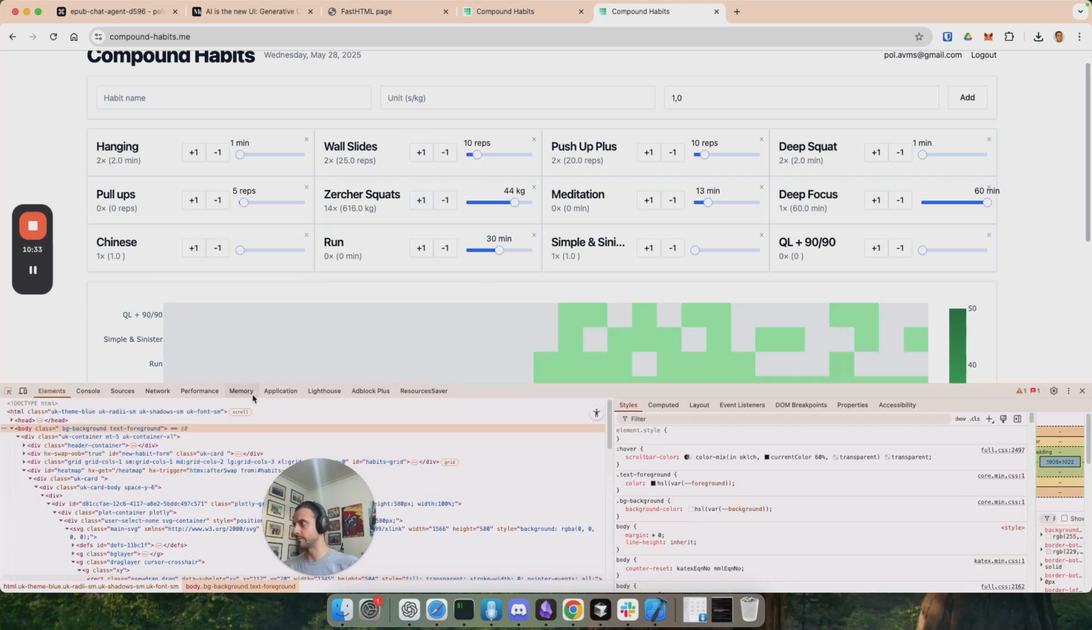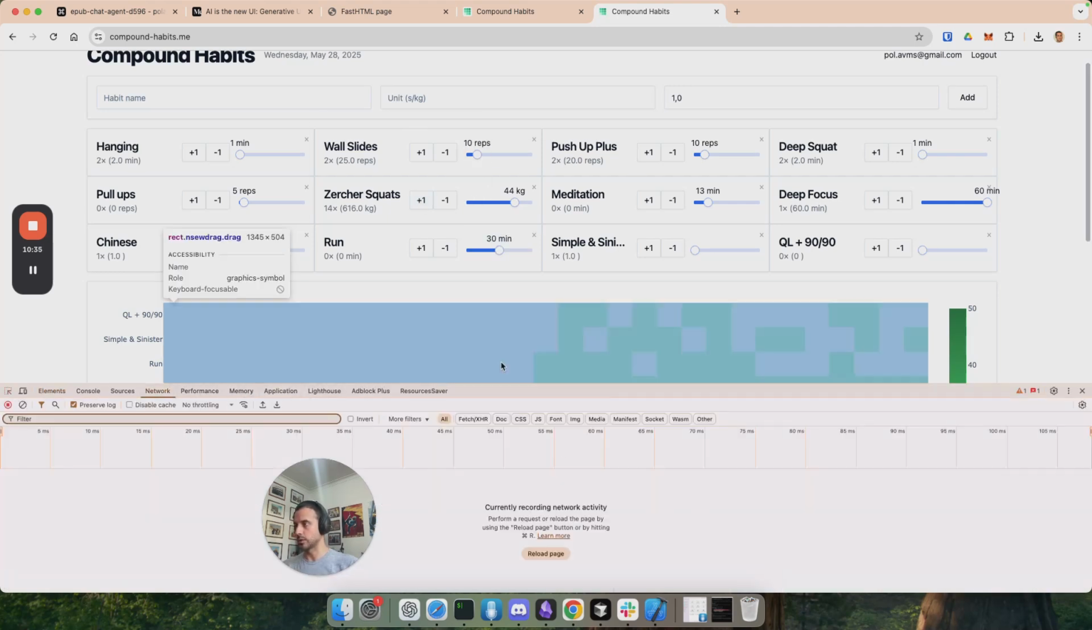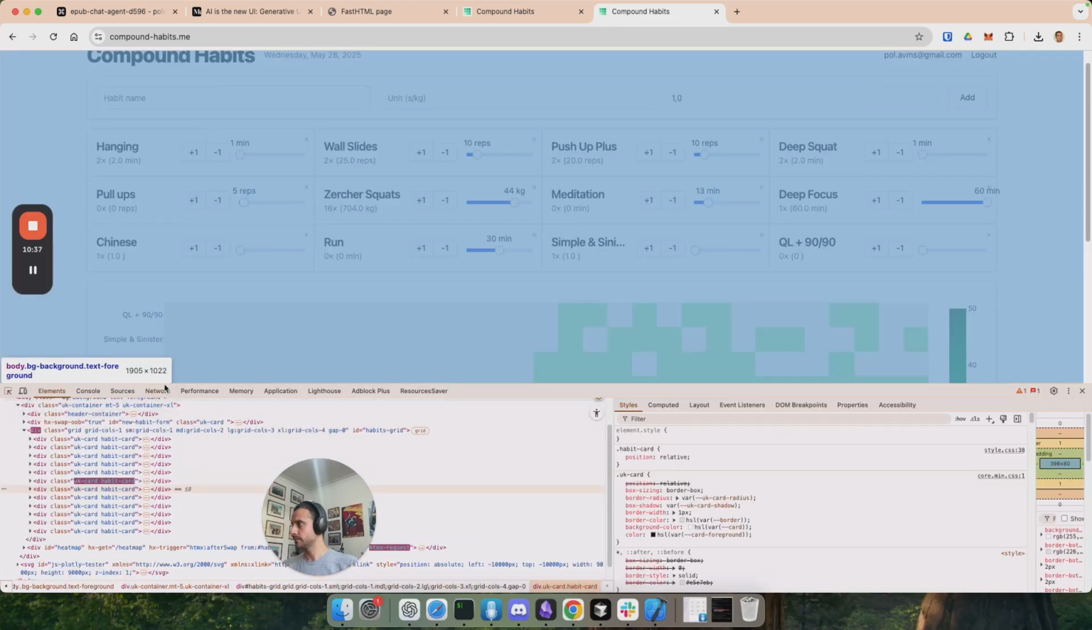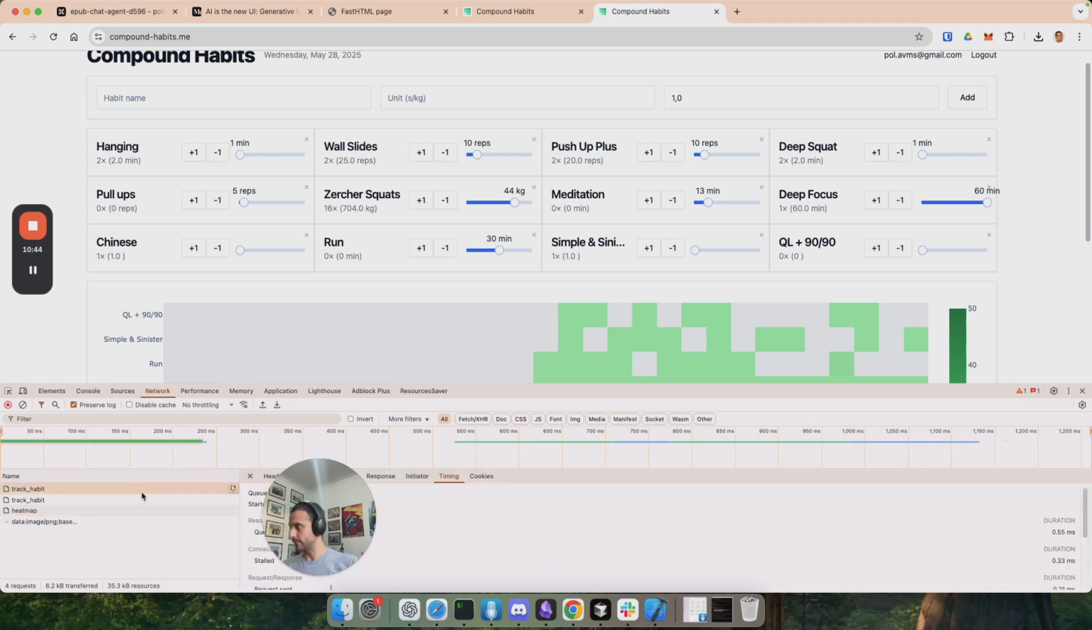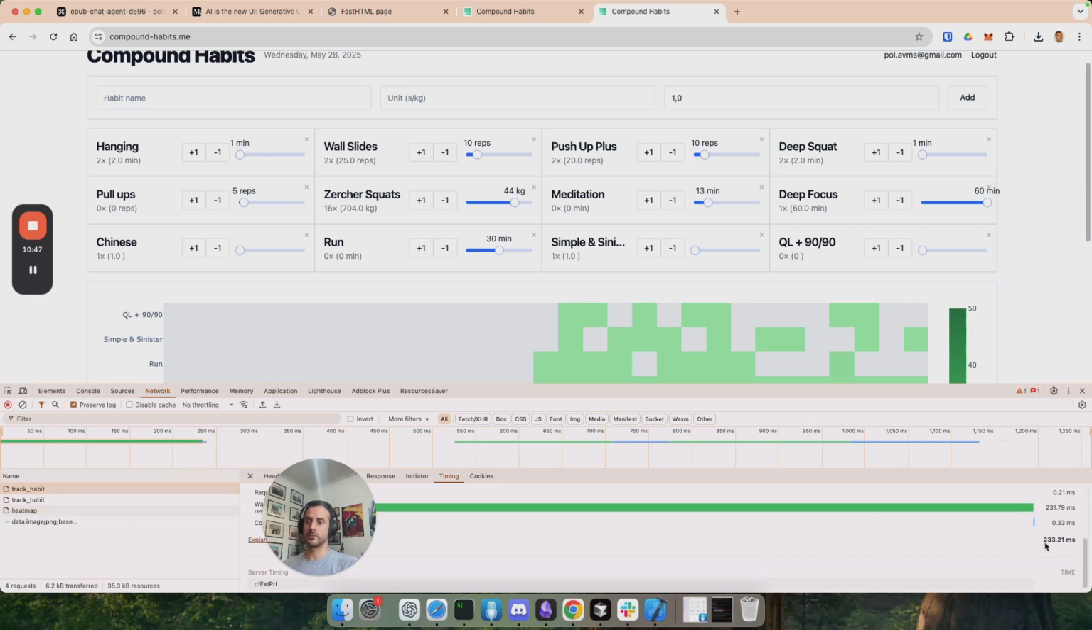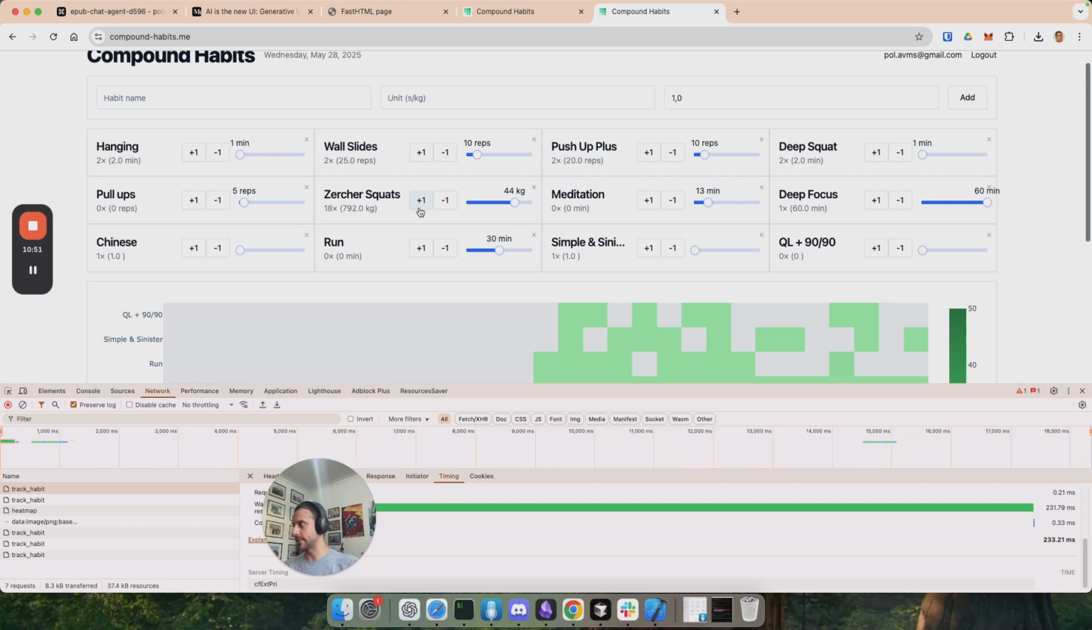Not sure if you can see in the video, but if you go to the network tab, you will see that first of all, track habit takes half the time. So quite good. And the second is if I click here many times, you see, there is only one heat map update. It's not called every time because of this delay. The next step for this would be to do the same for the -1 and the delete. In this way,